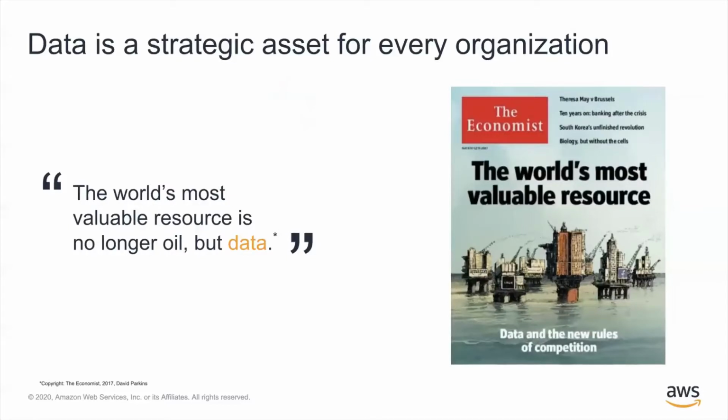So it's been already 3 years since The Economist declared that the world's most valuable resource was no longer oil, but data. And sure enough, just a few weeks ago, we all learned that the Dow Jones Industrial finally dropped its oldest member, one of the big oil giants. So as of September, Chevron remains the only energy stock in the Dow index.